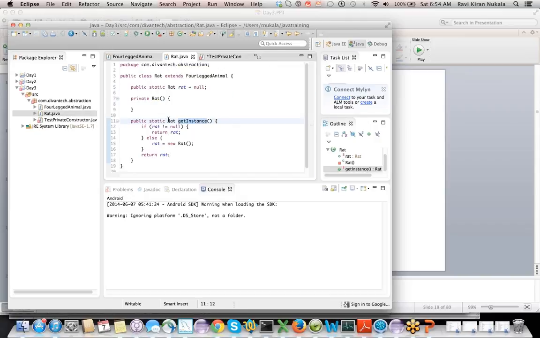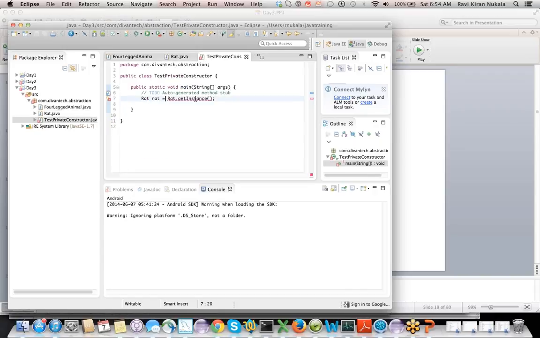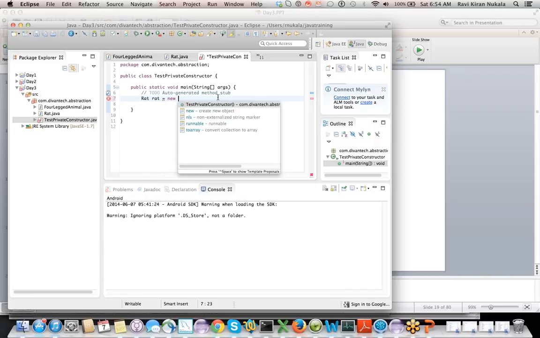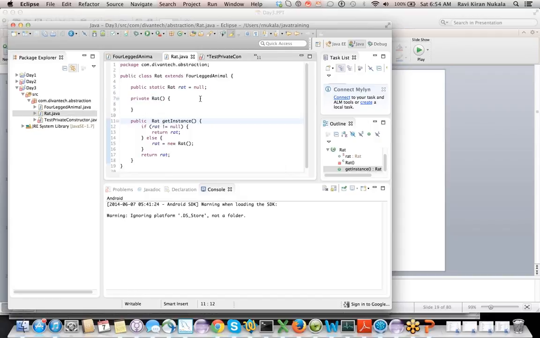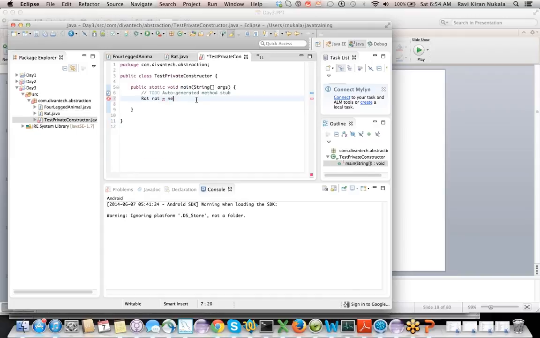Once again, yeah. The thing is, we tightened it up so that you cannot just do new Rat. If I did not put it as static, what happens? How will I invoke that method? I cannot, right? Because I need to create an instance of it, and by making the constructor private, you did not let me create an instance. So how am I going to access that? If it is static, I can access it because I know the name of the class. I can access your method.